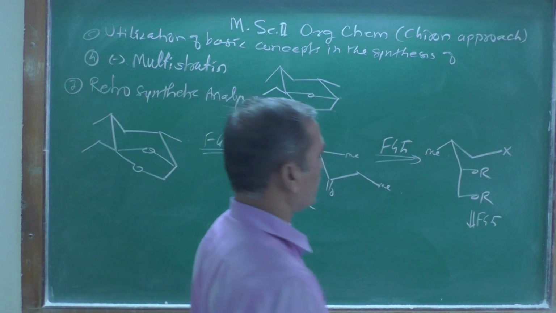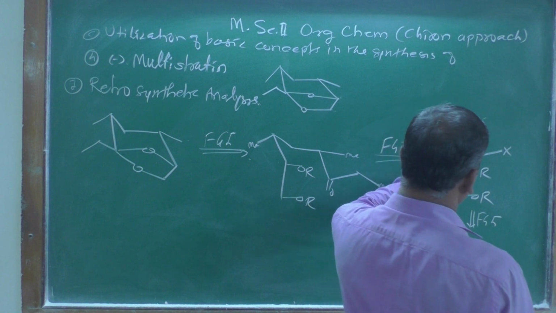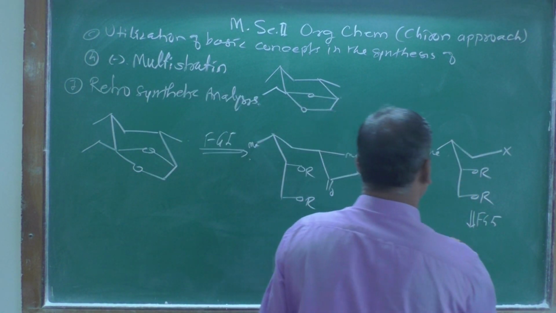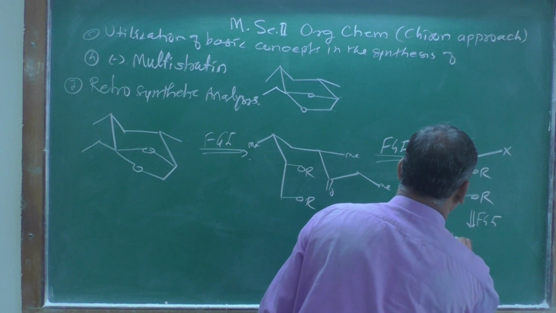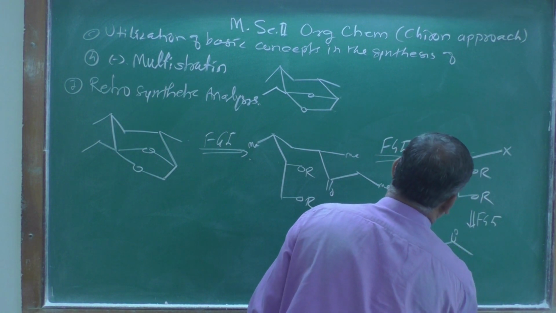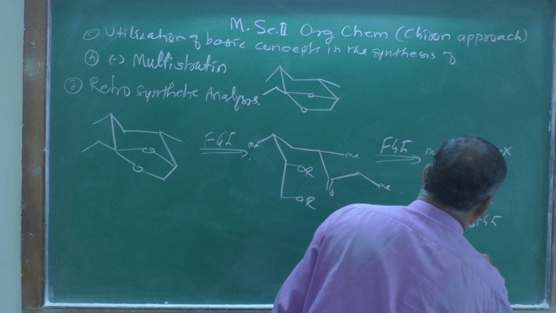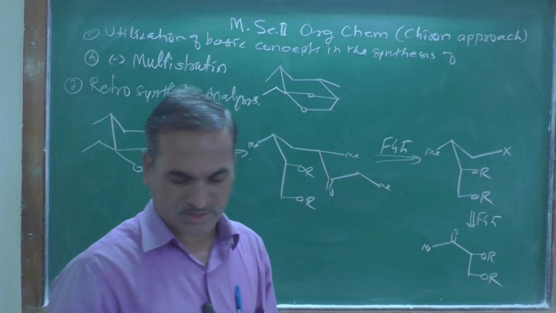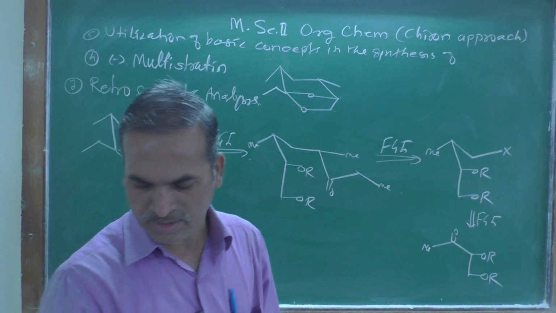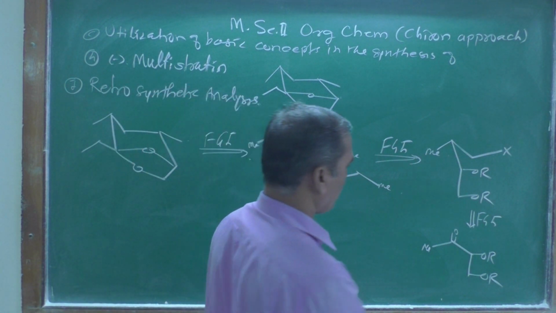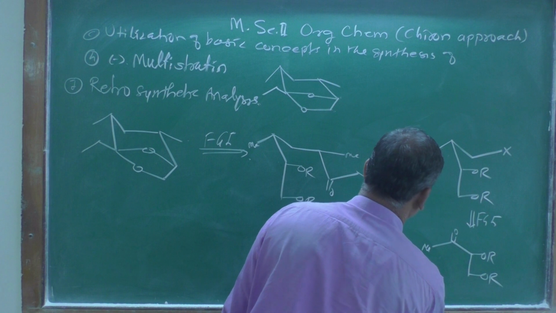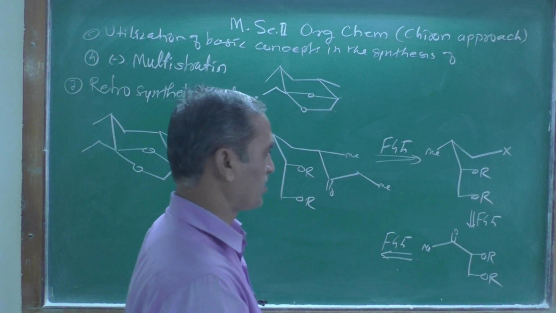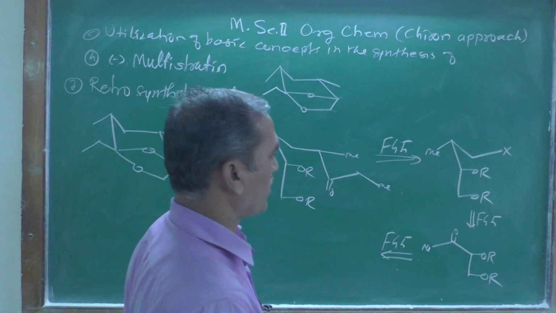What you can write here is a C double bond O, this methyl group, and we are writing this OR and this OR as it is. And after that we can convert this molecule by that FGI, functional group interconversion, and the starting compound will